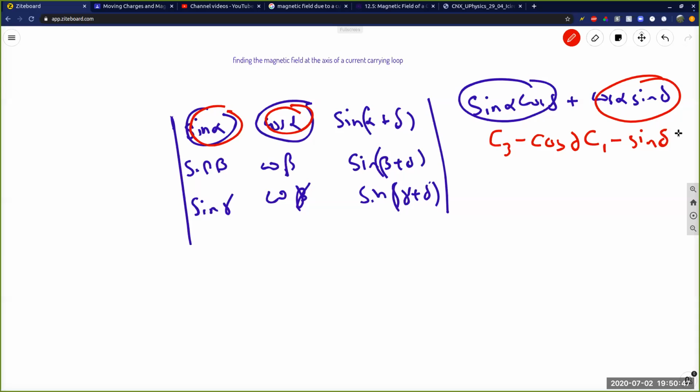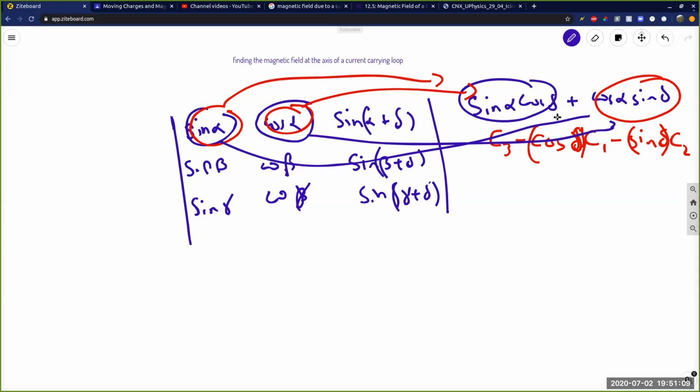Sir, is there any other way? Because I'm pretty sure I won't get this. No, but now you know, right? Yes, I guess. But sir, is there any other method? Yeah, separating into two, but this is a long method. So let us take one of them, okay? Sin alpha, cos alpha, sin alpha, cos delta.